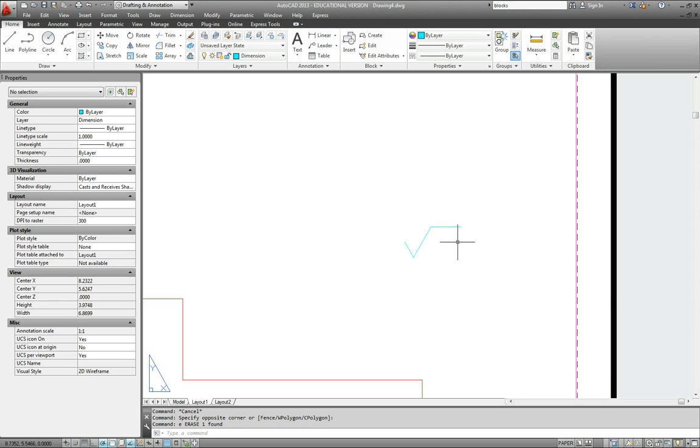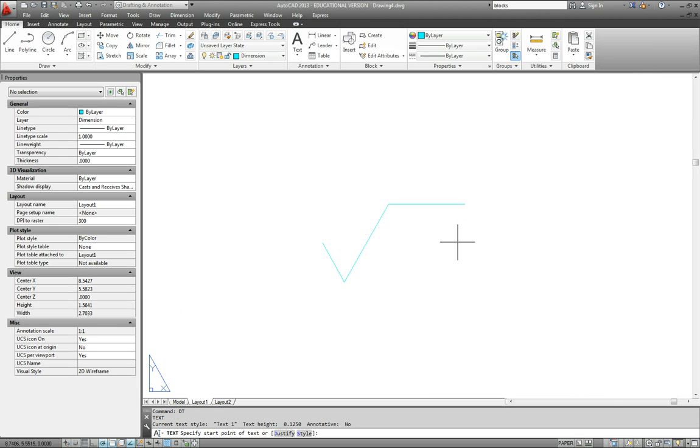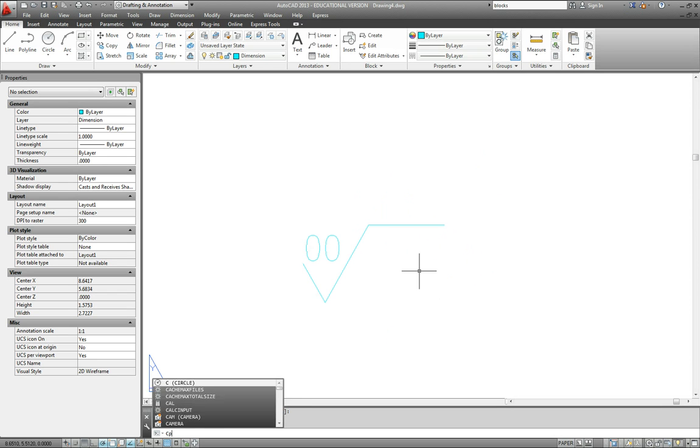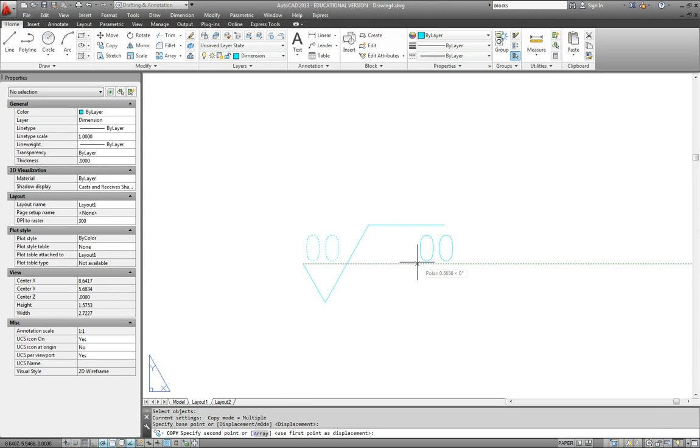So now I can use DT again for single line text, enter, and I'm just going to put the double zeros in there just like they did. I'm going to start off right above the angled line, text height 0.125 is perfect, enter, angle of rotation 0, enter, and then I'll type 0, 0, and then click outside the box, and then click escape on my keyboard. So let me just copy that over,